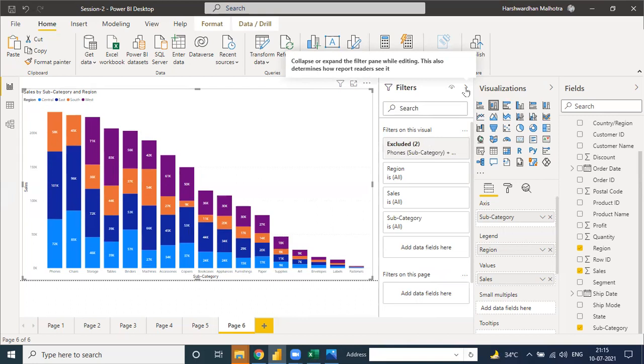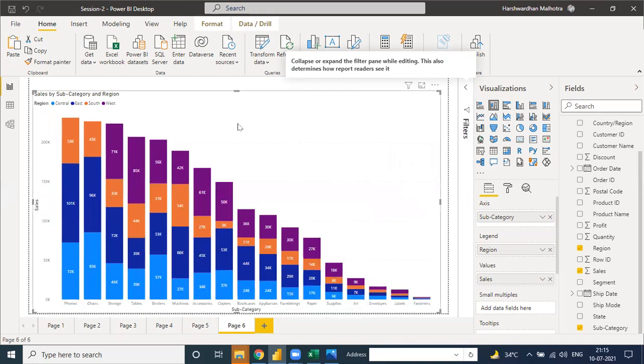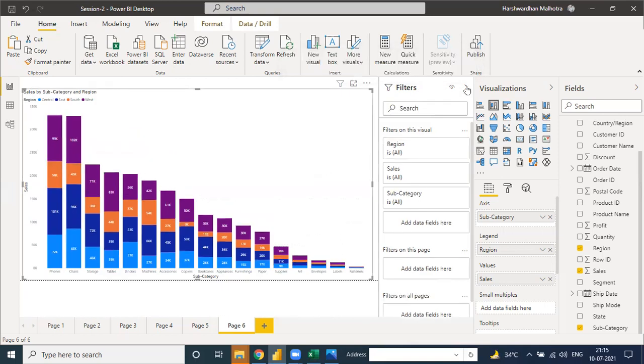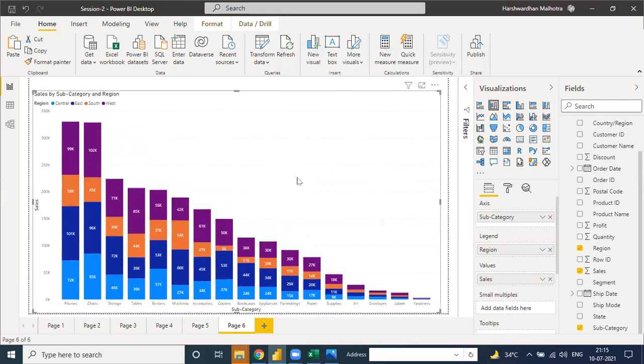So as per your requirement, whatever data you want to show someone, only that data is shown. You don't need to create a different chart or different visualization for that. So this is a very good feature in Power BI, include and exclude. And once you go back, you have to cancel it here, and your whole data is there. So any doubt here, include and exclude?